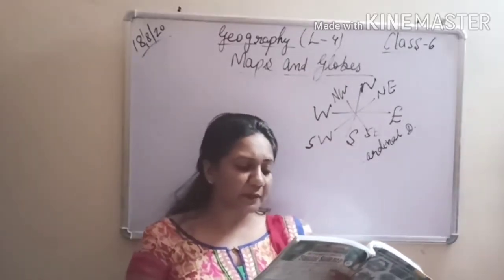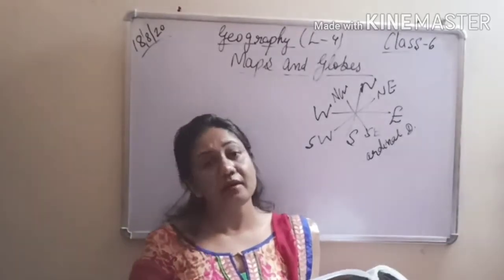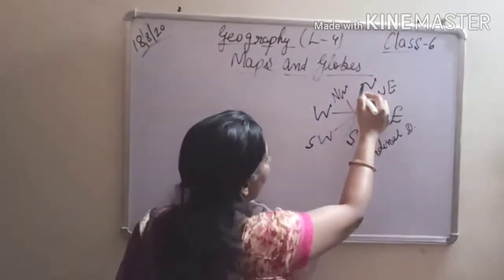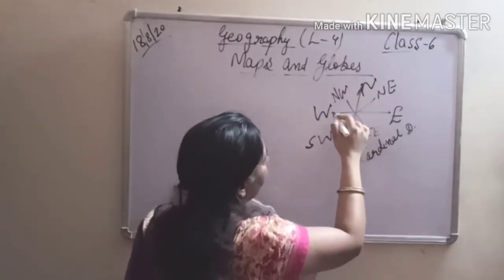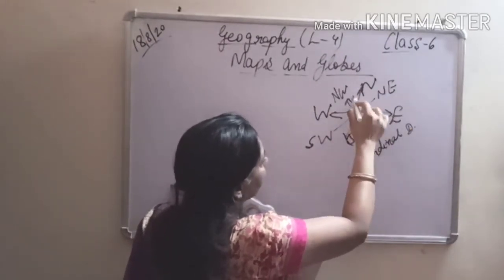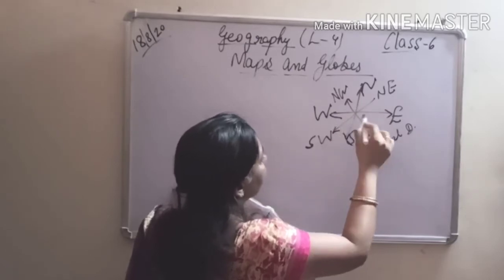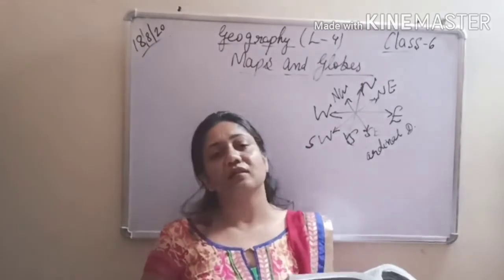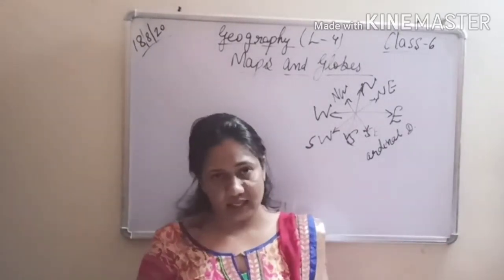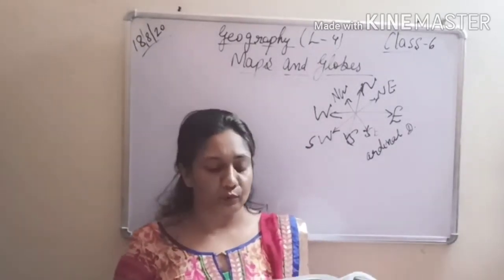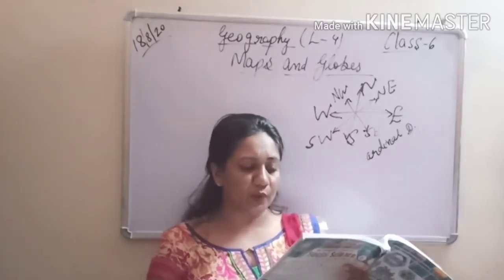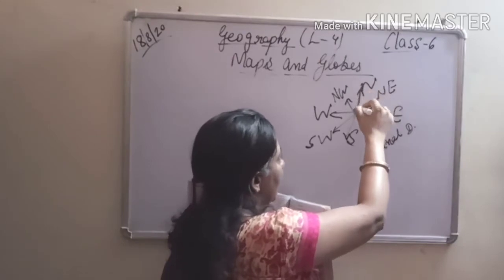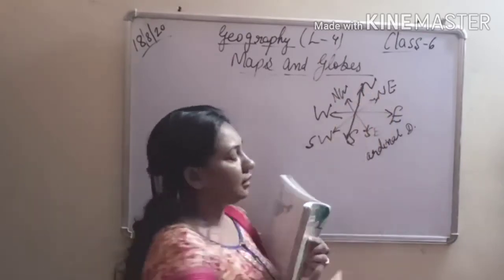The direction is represented on a map with the help of an arrow. So how do we represent the direction on a map? It is always represented with the help of an arrow like this, as we draw rays in the sums. You all might have done it or you might be doing it. So it is just in the form of an arrow. Please underline it. The tip of the arrow is marked with the letter N.